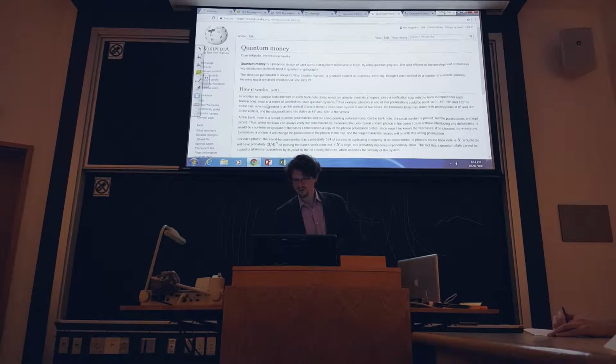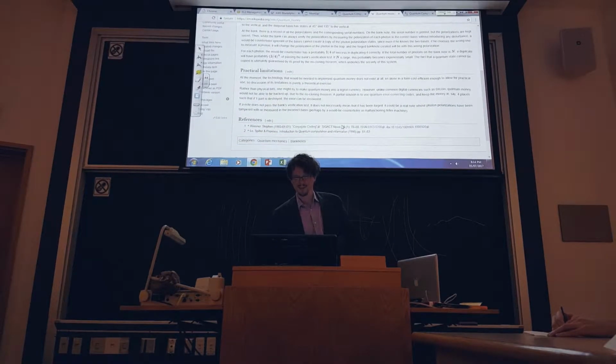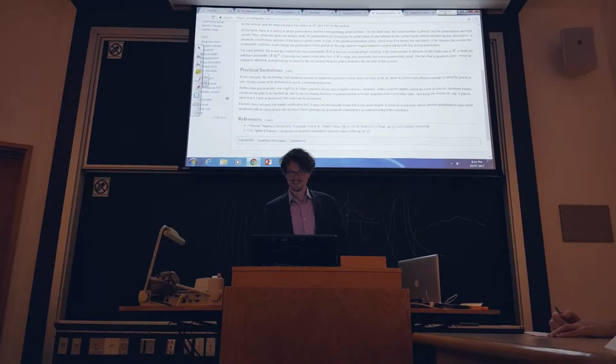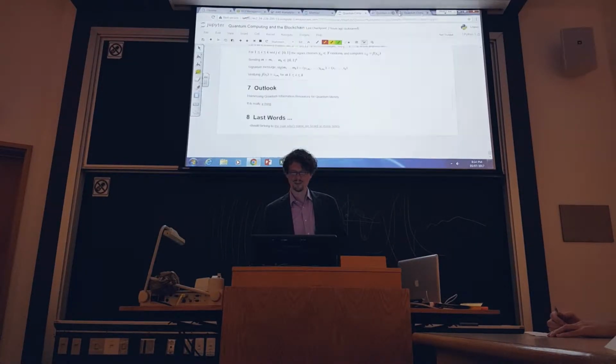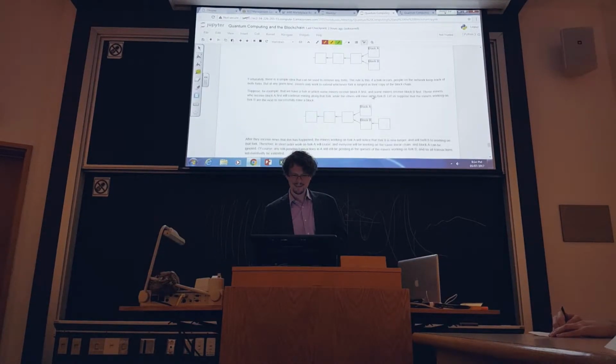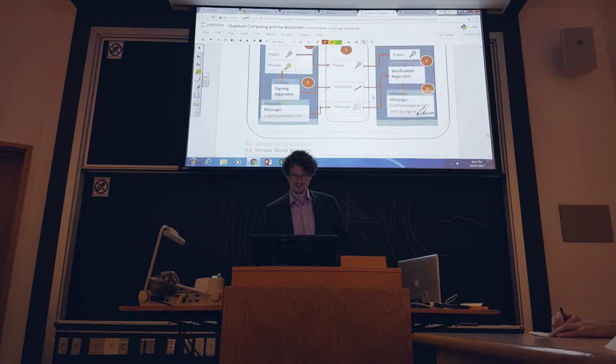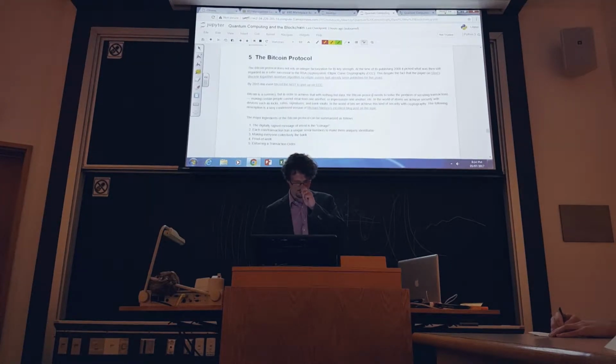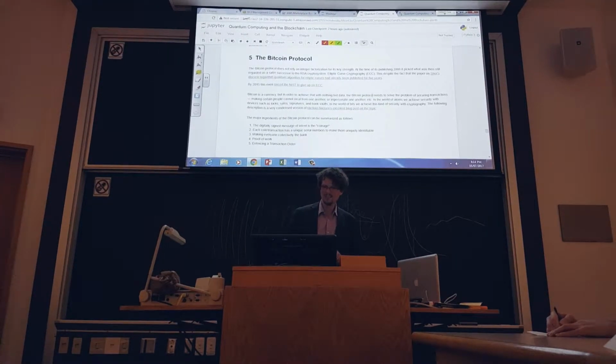And it's probably going to go that way at one point. It has its own problems because of the no-cloning theorem. You can't have a backup of your money, so you can actually burn your quantum money quite reliably, right? If it's gone, it's gone. So that's another problem. But yeah, that is a research area that's actually quite rich and taking off to some extent now. But fortunately for Bitcoin, really, if you look at the protocol, there are ways to